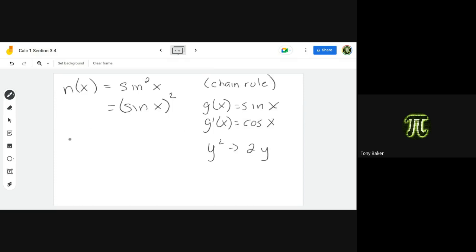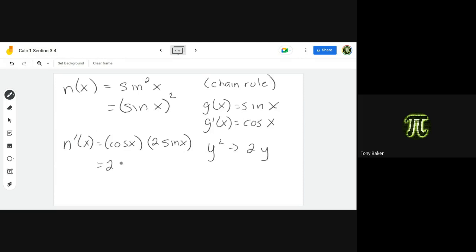So I've got cosine of x. Actually, I should have written an n prime. Cosine of x times 2 sine of x,